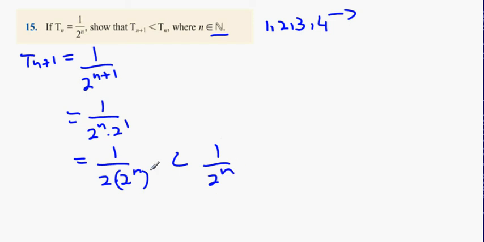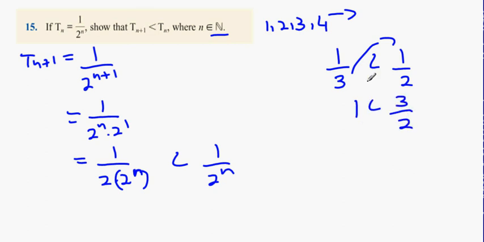Now what you have to remember is that when you're changing these across, you can only cross multiply with a positive number. So for example, if a third is, I don't know, less than a half, and these are positive numbers, what we're going to get is 1 is less than 3 over 2 when you cross multiply it. However, if you had 1 divided by minus 3, or basically minus a third,